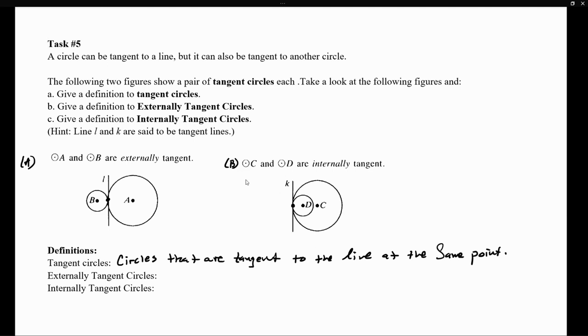If we have two circles and they are tangent to the same line at the same point, we call those circles tangent circles. Now, externally tangent circles, that's the illustration for A. Externally tangent circles are circles that are tangent to the same line at the same point, so they're tangent circles,